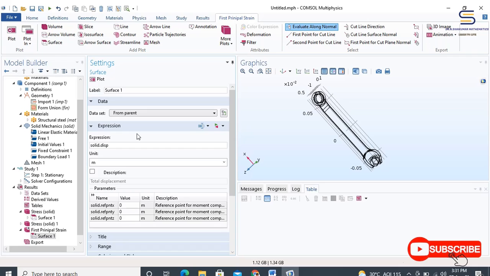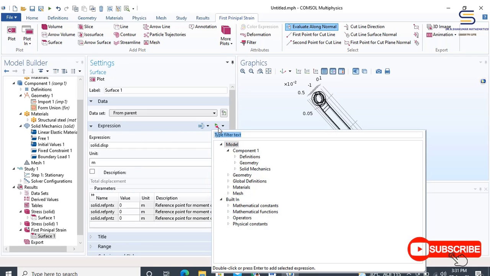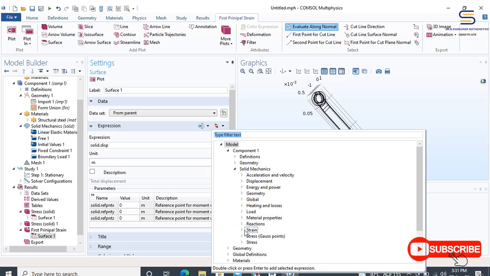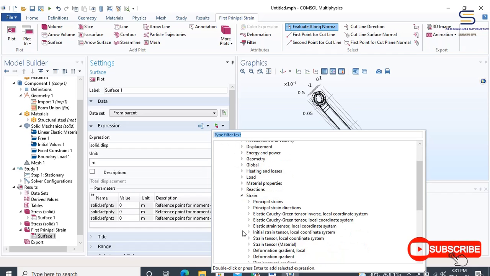Click replace expression in the upper right corner of the expressions window, and then from the menu choose component solid mechanics strain, and in the strain, principal strains, solid.cp1.